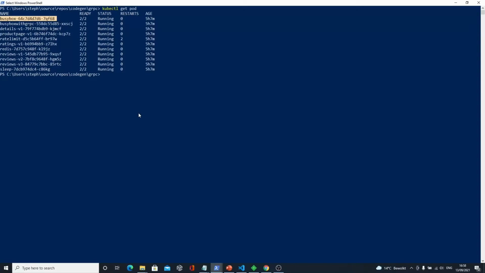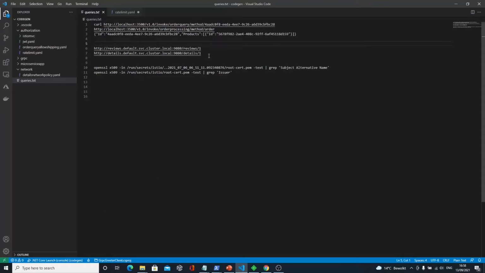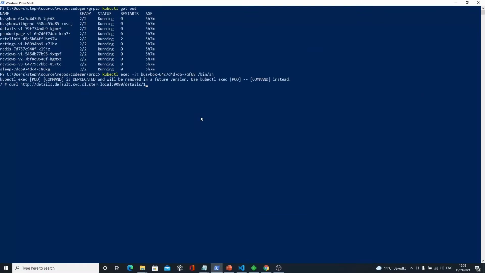It's just, let's say, plain tiny shell apps that you can exec into, so that you can have a shell and then start talking to or doing whatever you want. So in this case, I'm going to exec into this busybox, and here I'm going to make an HTTP call to the same detail service, but using the internal name of the Kubernetes service. You see here I've got an answer, like the author and so on.